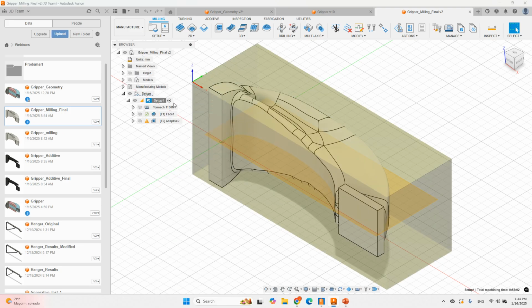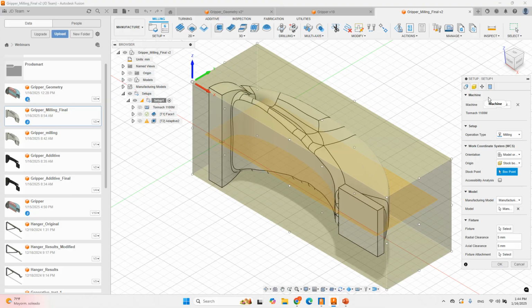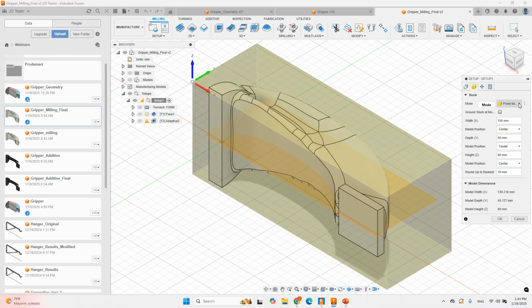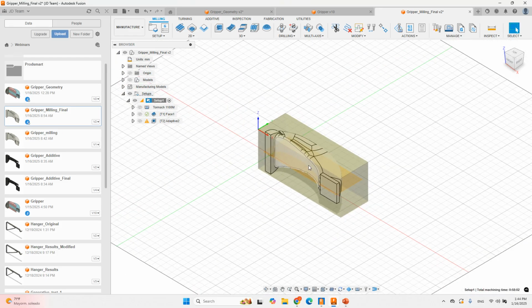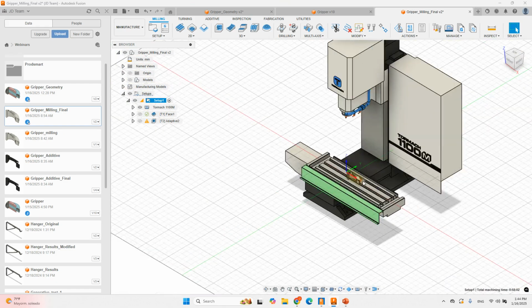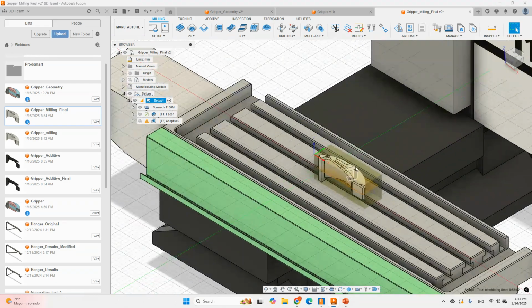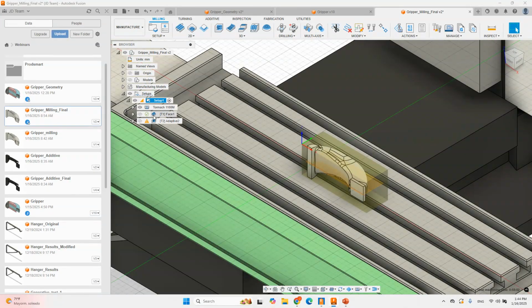All right. So I get my setup here with Tormac machine, which is basically a 3-axis machine. I specify my setup with my stock, starting from a fixed size stock of 150 millimeters by 50 with a height of 60 millimeters, right? And for my setup, for now, I'm just showing the machine right here, but I'm